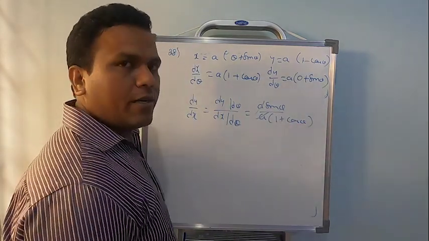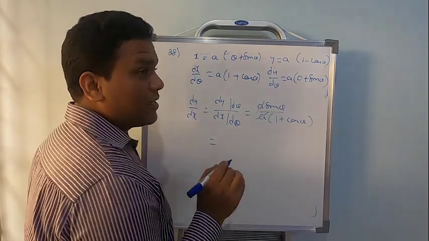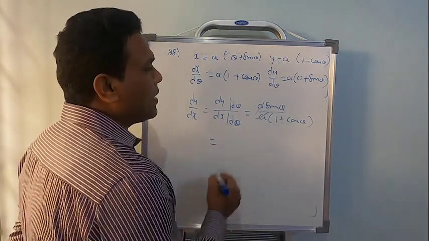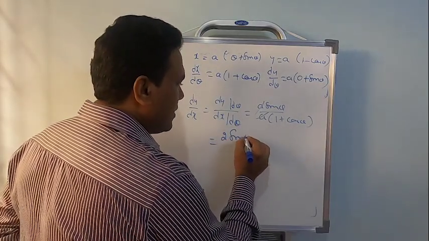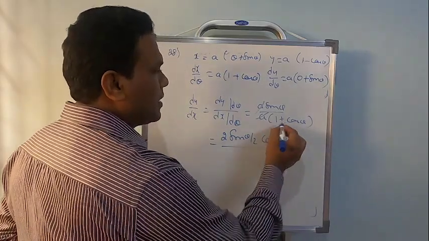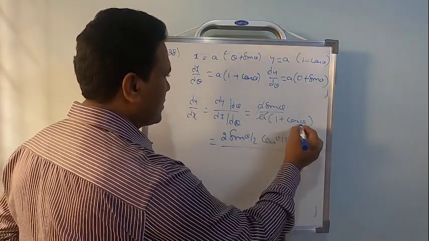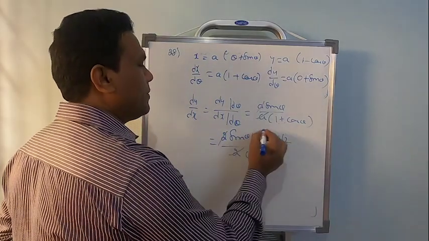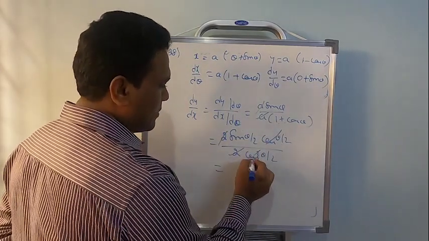So not to stop, you can continue if you know submultiple. Okay, right. Now sin theta is given by 2 sin theta by 2 multiplied by cos theta by 2, upon, now 1 plus cos theta is 2 cos square theta by 2, eliminate 1 power of cos, sin by cos.